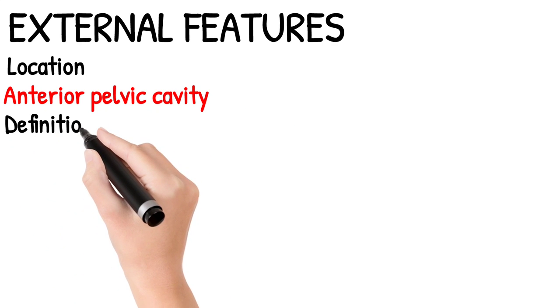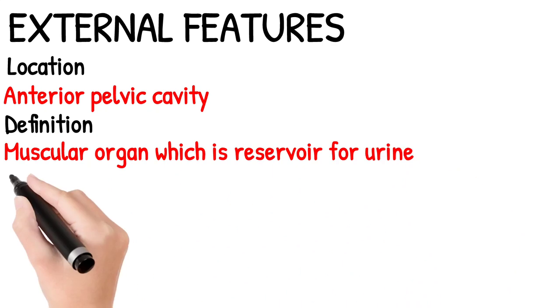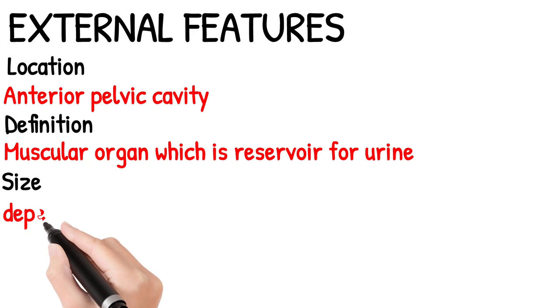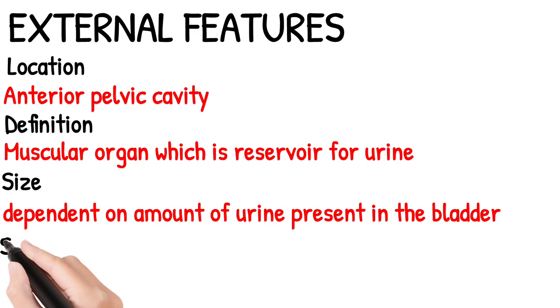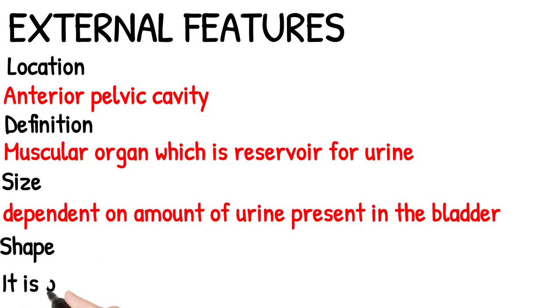Now, what is the pelvic cavity and how is it actually present? The pelvic cavity in our body is formed by the two hip bones and the sacrum posteriorly. It has two parts, an anterior part and a posterior part. The urinary bladder is located in the anterior part of the pelvic cavity, that is, behind the pubic symphysis. Behind the pubic symphysis, there is the urinary bladder.